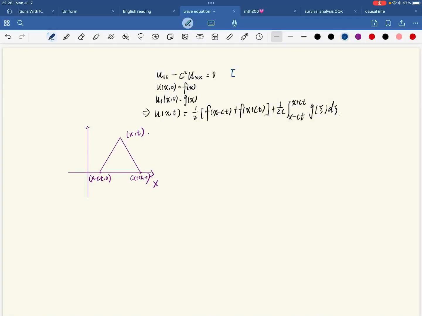From this, we know that here we know that then we get that and for this, we know that f equals u, and this is